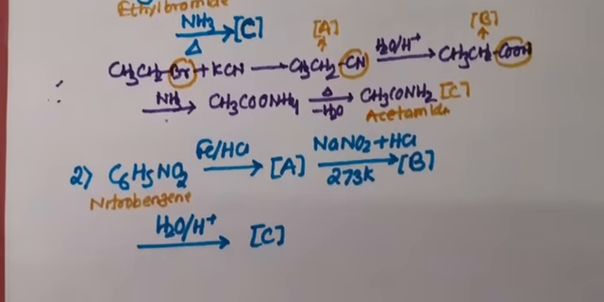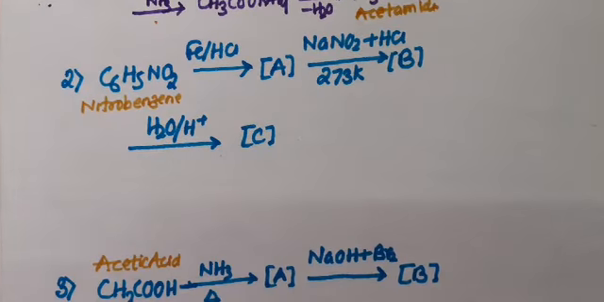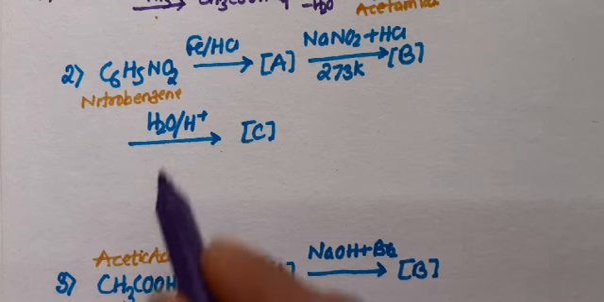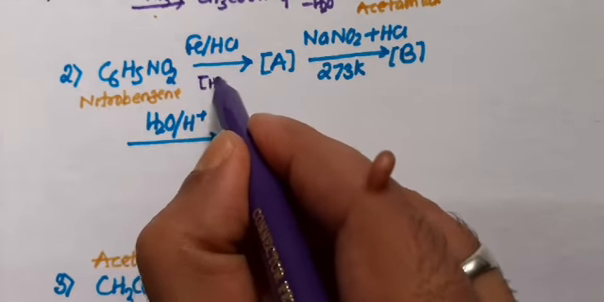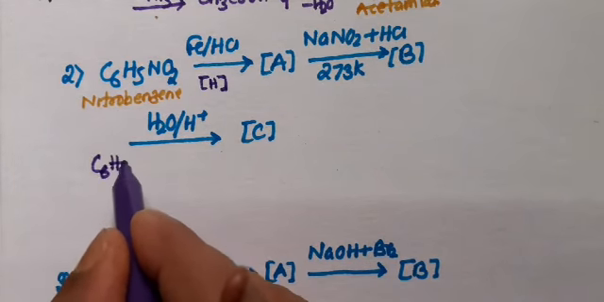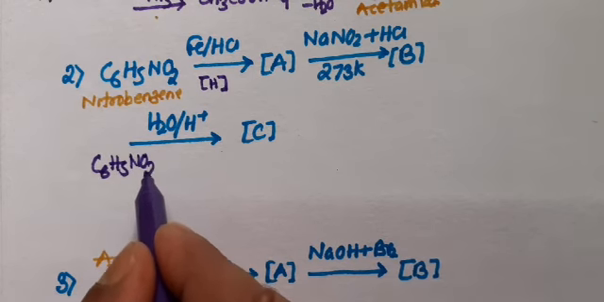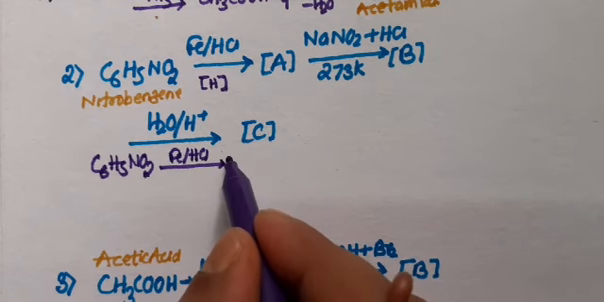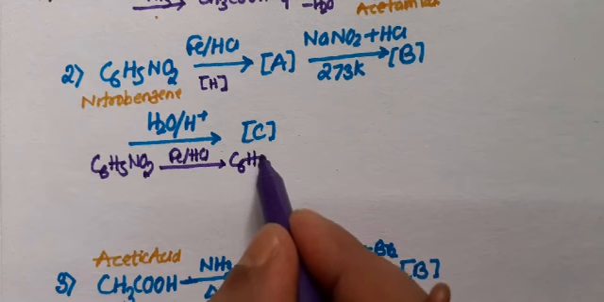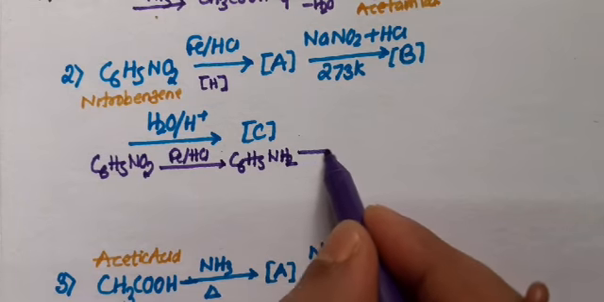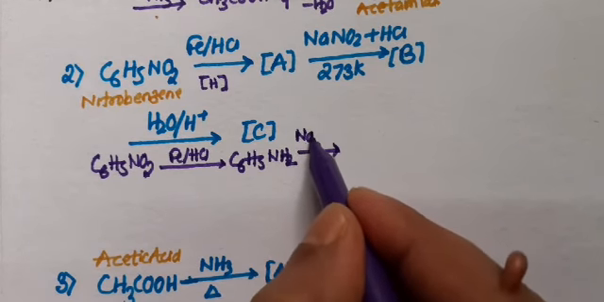Similarly, there is another reaction that we have to solve. We can see that nitrobenzene undergoes a reduction reaction with Fe/HCl. Fe/HCl produces nascent hydrogen used for reduction. Let's solve the reaction. C6H5NO2 is nitrobenzene, and this is the reducing agent. NO2 is converted into NH2, and finally when it reacts with